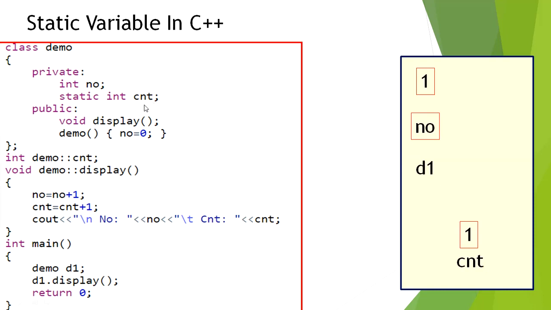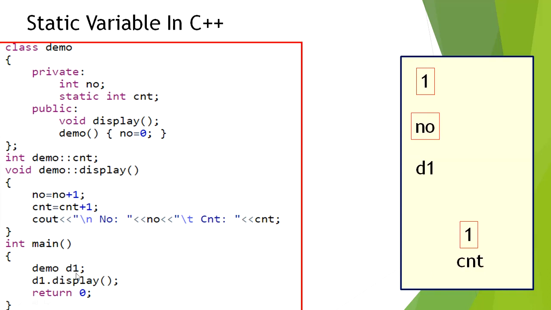And if I want another initialization value for the static variable, then it can be done at this particular line. Meaning, I need to write int Demo::count equal to the initialization value from which I want to start this particular static variable. This display function definition is increment no, increment count, and display the incremented values. And the right hand side of the PPT shows the incremented values of no and count respectively in the memory map. So let's begin with the execution.